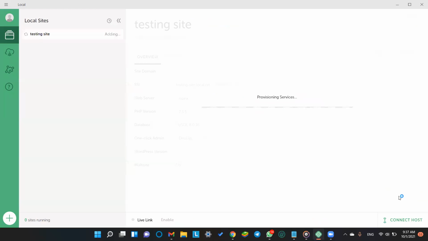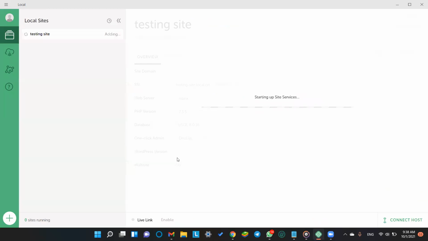Okay, next. So here it is. A hosting is being created in our local file in the local host. See here, the website is literally created on your system, which is your computer or your laptop. And the domain would be testingsite.local, something like this. Once this website is created, we will get an overview window where everything related to the demo website would be given.